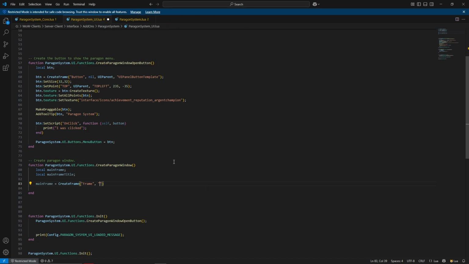So what I do is always, I know this will be located in the UI.frames.mainFrame. So I will call it frames and then main frame, comma, UI parent. As I explained before, this is just the whole game window. And then we again do a UI. This time we will use the template for the dialog template. So that's UI panel dialog template,